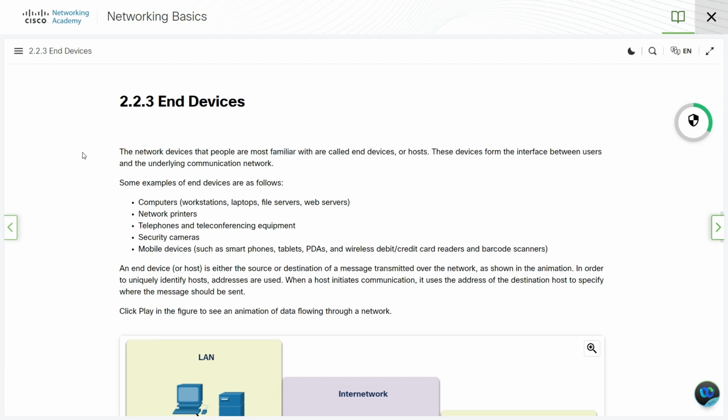The first point is end devices. The network devices that people are most familiar with are called end devices or hosts. These devices form the interface between users and the underlying communication network. Some examples of end devices are computers, home workstations, laptops, file servers, web servers, network printers, telephones and teleconferencing equipment, security cameras, and mobile devices such as smartphones, tablets, PDAs, and wireless debit credit card readers, and barcode